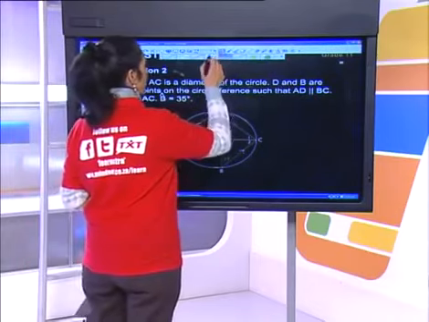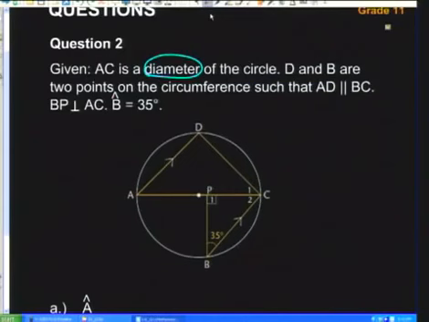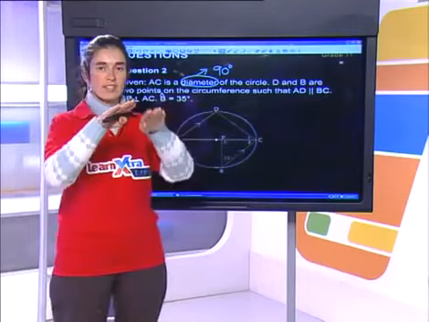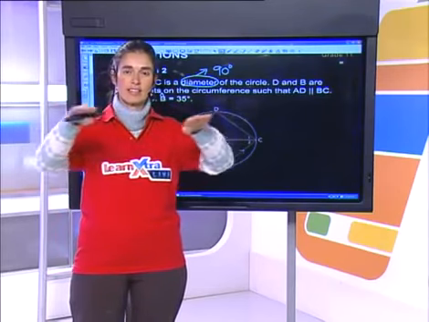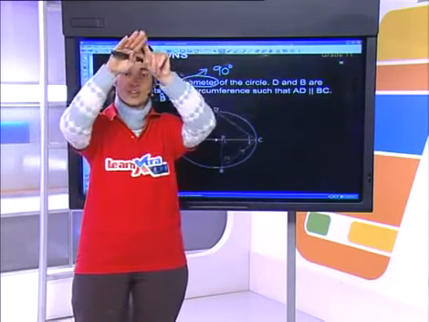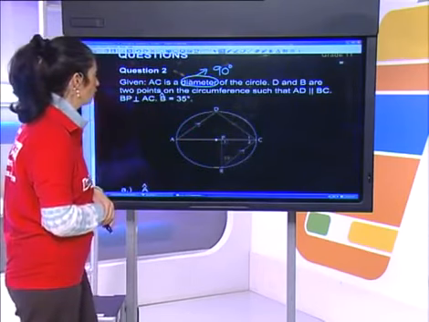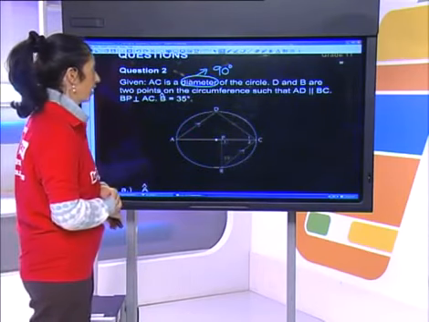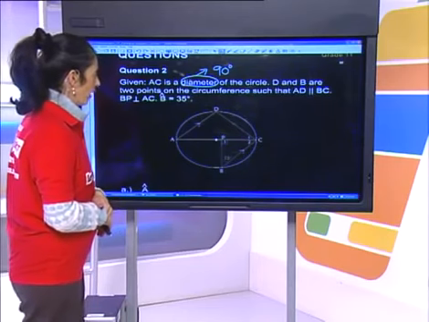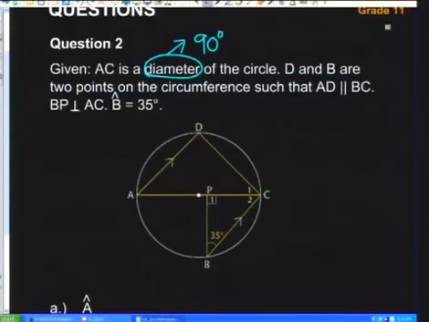If we have a diameter, then that diameter is going to subtend a 90-degree angle. Why? Because the diameter will have 180 degrees at the center, so when it subtends the circumference, it will be 90 degrees. So it's a special feature of the diameter. It will subtend a 90-degree angle. In this picture, we have some information with a given diameter, and straight away we can expand on that and say that therefore we have a 90 degrees, and we've got this line